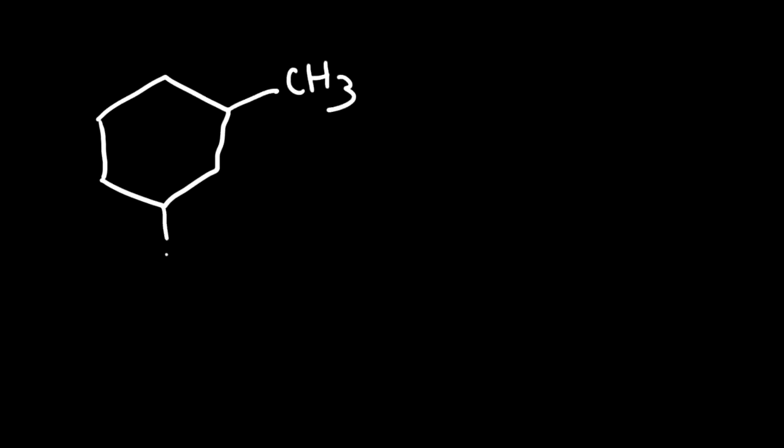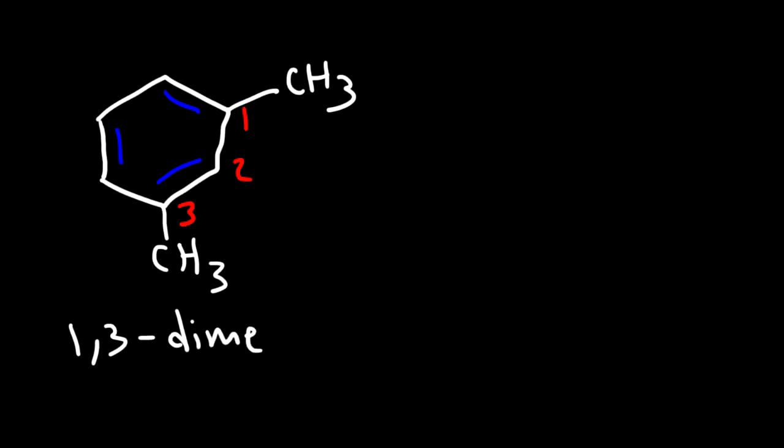Now what about this example? What is the name of this molecule? Go ahead and try it. So this is still going to be xylene, but instead of 1, 2, it's 1, 3. So we can call it 1,3-dimethylbenzene,